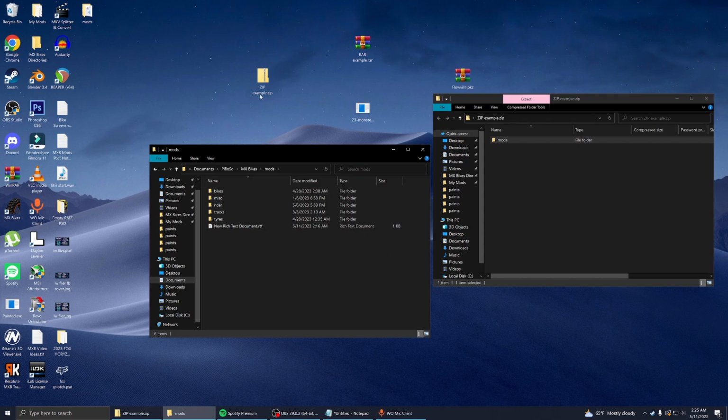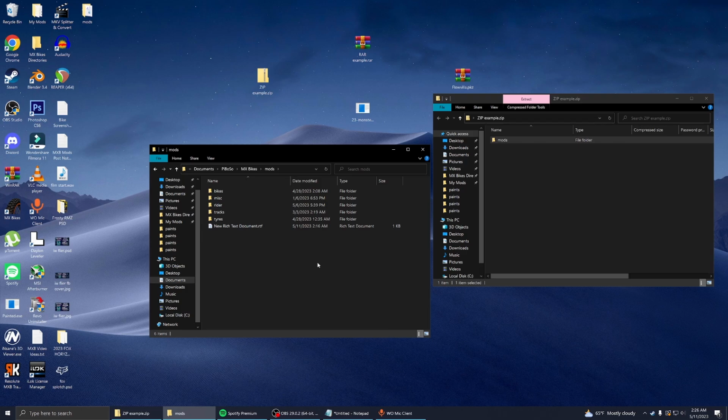Sometimes you might get an archive that's just the paints. What that means is that you have to dig in and manually put the paints where they belong, depending on the mod that you downloaded.